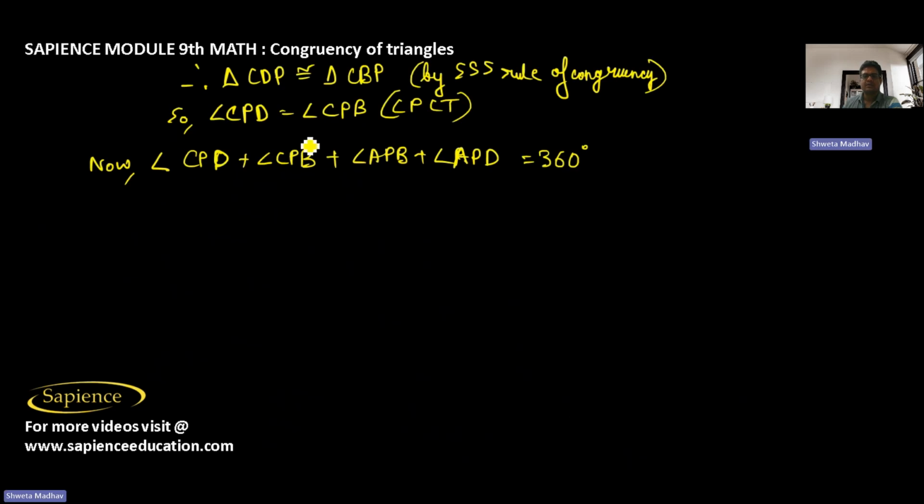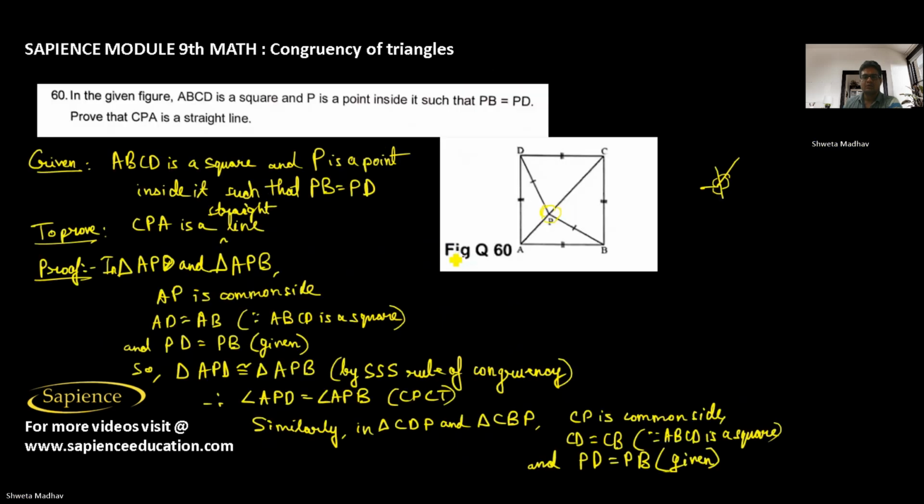So now CPD and CPB are the same, so I can say it is twice of